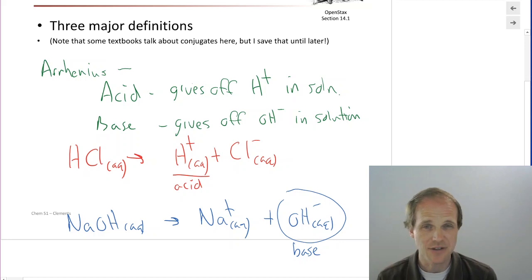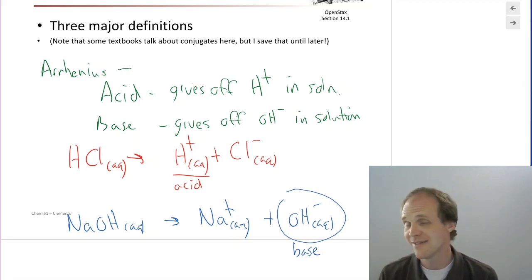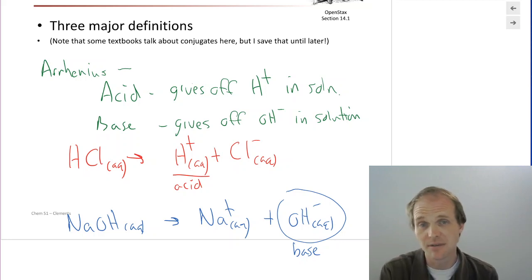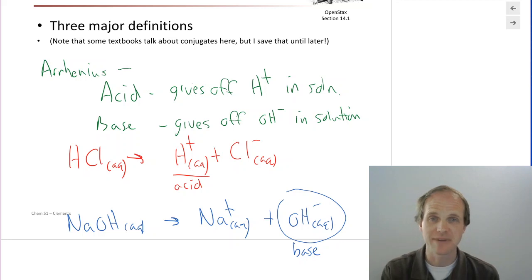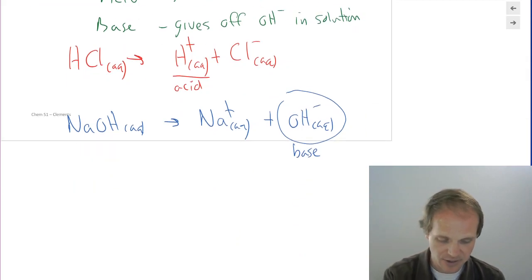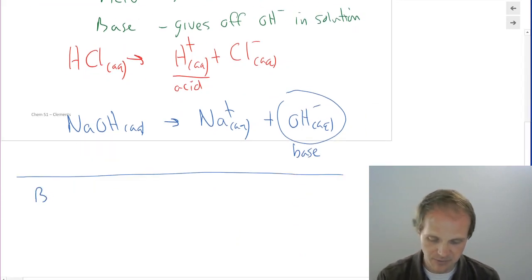But it turns out that definition is very, very limited because there are also chemicals out there that don't have OH in them, yet are basic. So they can't produce OH directly, but they can act as bases. And so a couple of other folks named Bronsted